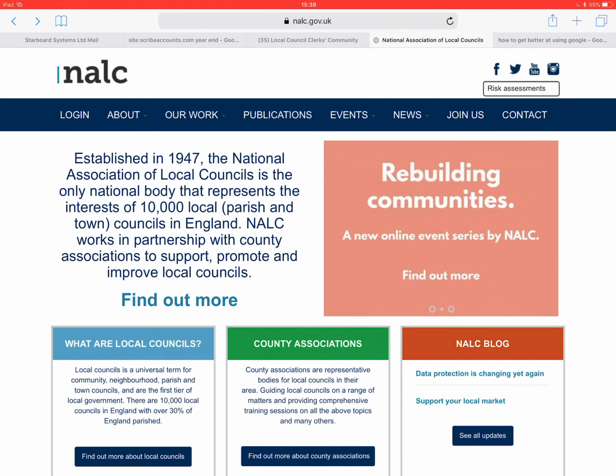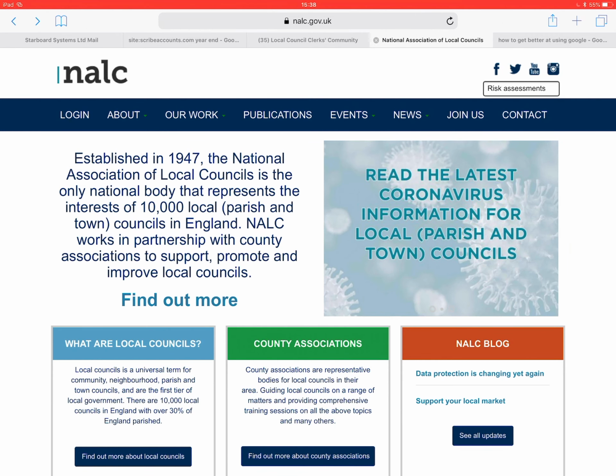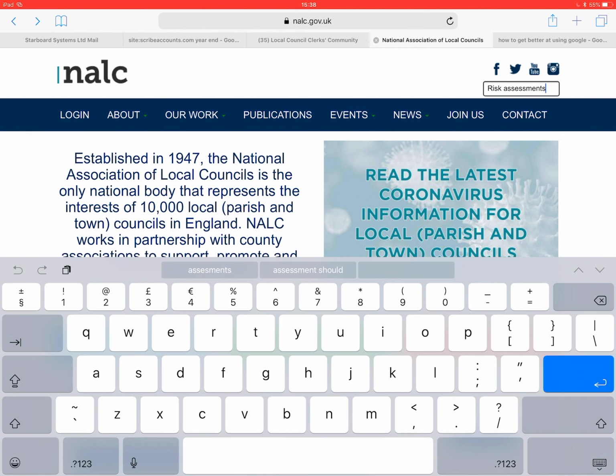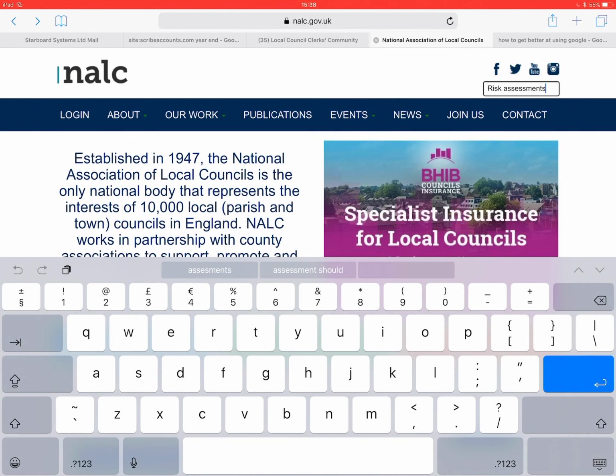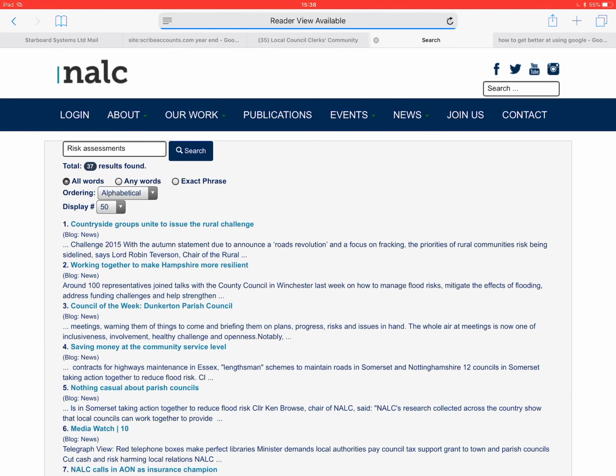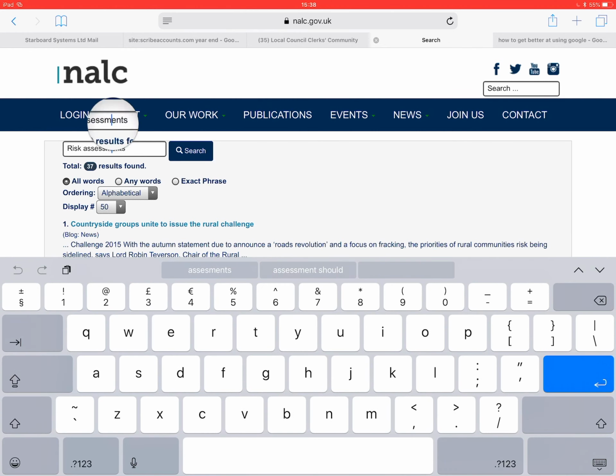So for example, if you go onto the NALC website, if I'm looking for risk assessments here, I know I'll get my risk assessments done. I know the information's on here. I use the search within NALC. The results I'm going to get here, well, they're not that helpful because the internal searches are nowhere near as good as Google. So, but if I actually take that same search term, I'm just going to copy that,